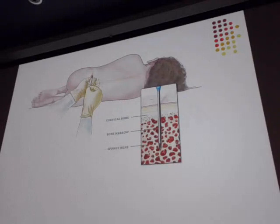All right, so right here is a bone marrow aspirate. They usually go out of the iliac crest. Extremely painful, so make sure that your kids or your adults, like even my husband is not a wimp, and